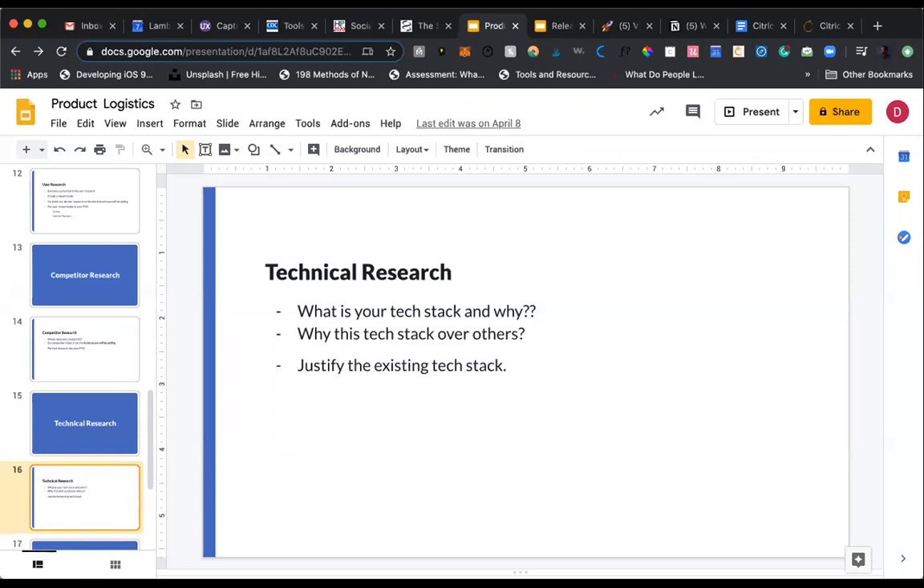You want to include why this tech stack, why you made that decision over others. And if you aren't making changes, if you have a build on, why you are justifying using the existing tech stack as well. So when we do release canvas check-ins and just general office hour check-ins with your product stakeholder, you're going to want to make sure that you have an understanding of why you made the decisions that you made